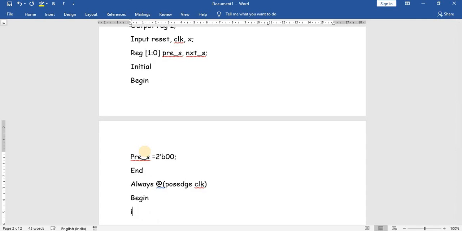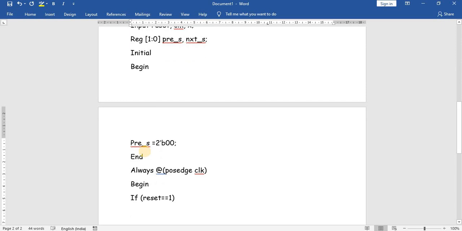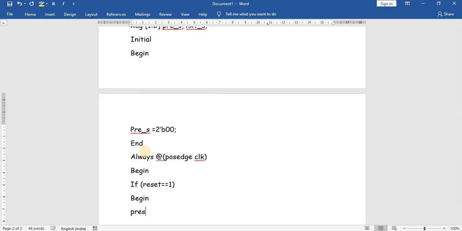After positive clock, if reset is equal to 1, then it will begin. My present state will be in the 2-bit binary 00.